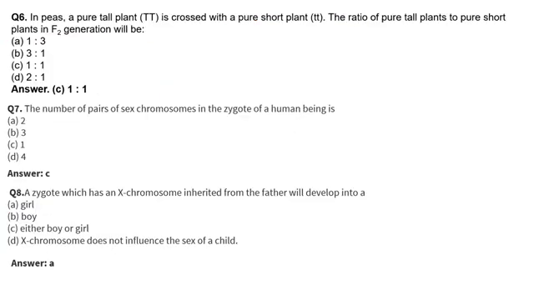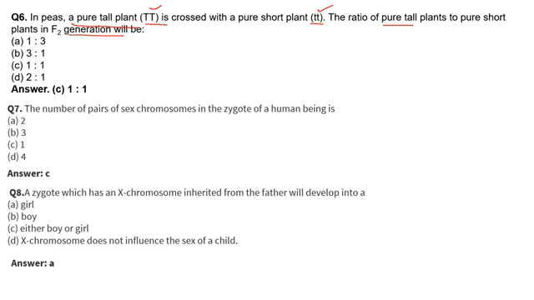Now let's come to question number 6, children. In peas, a pure tall plant TT is crossed with a pure short plant small t. This is homozygous dominant and this is homozygous recessive. The ratio of the pure tall plants to the pure short plants in the F2 generation will be, we know that to get the F2 generation we have to